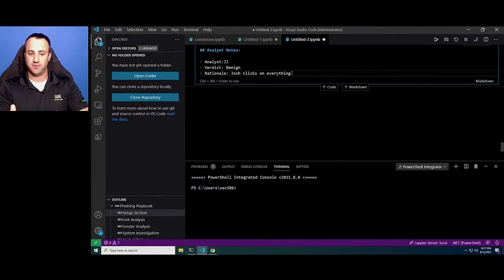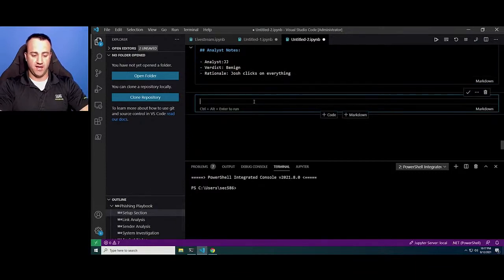Well, this gives me the ability to, as I go along, say, all right, I want to go ahead and do a pivot. Pivot, is this process normal? And I can add some notes on what my thought process is here. And I can go ahead and add some code to say, hey, go get that process from the rest of my fleet. Is there any other system where that process is running? Or is the SHA-256 hash of the executable associated with that process normal in my environment? Or is this a unique instance of that executable? And it gives me the ability to really get